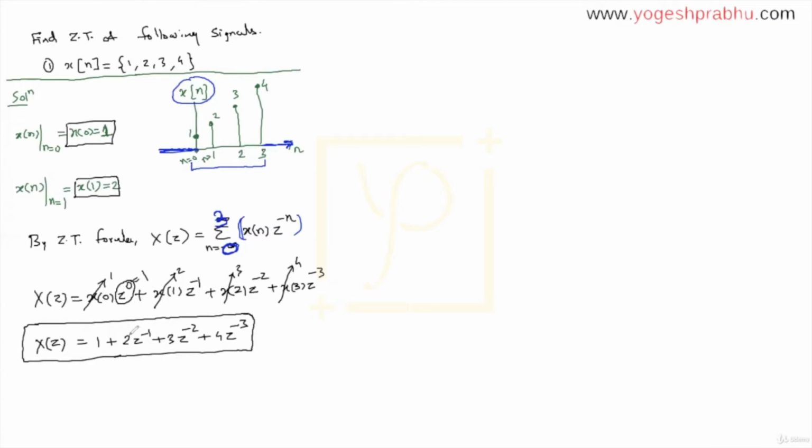But now there is one very important point that I want you to understand. After I find the z transform, x of z, if this is your answer, you should make sure your z never becomes 0. Because just in case z becomes 0, your z raised to minus 1 term will become not defined, right? And if this becomes infinity, the whole thing becomes infinity, and then this answer just collapses. So z should never become 0.